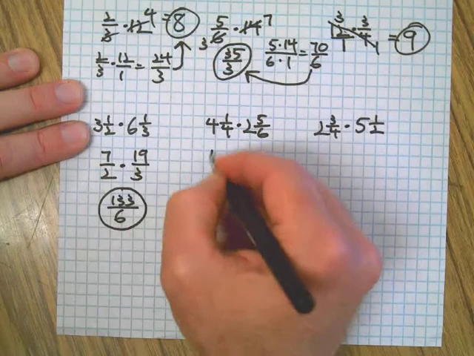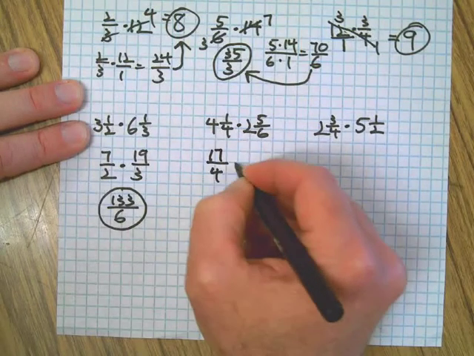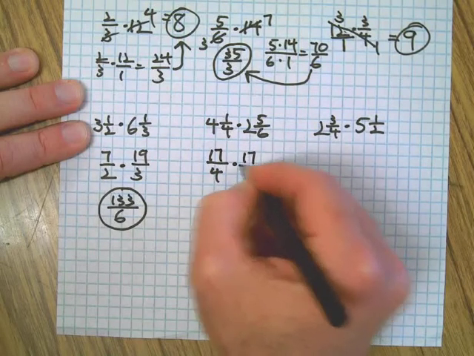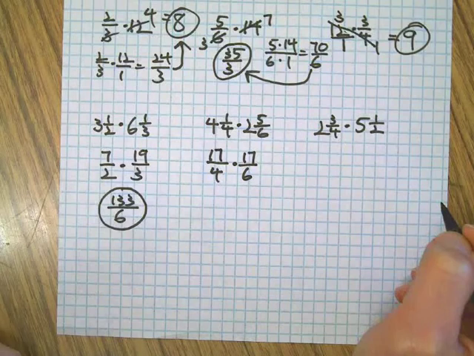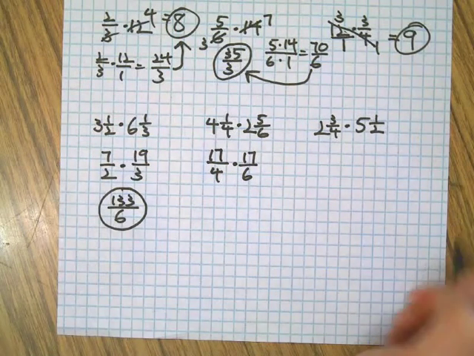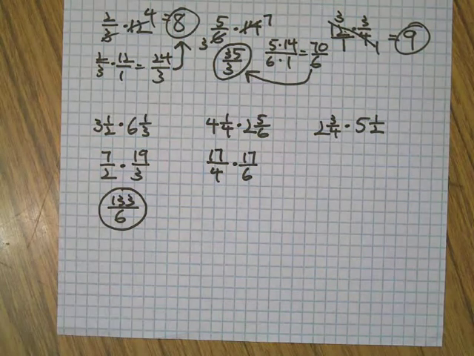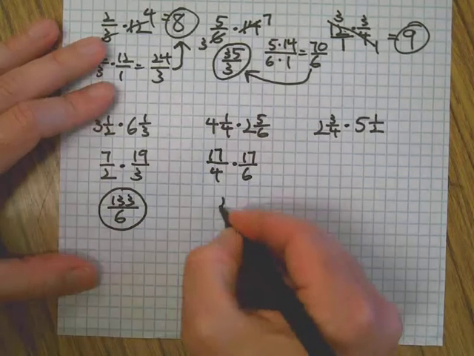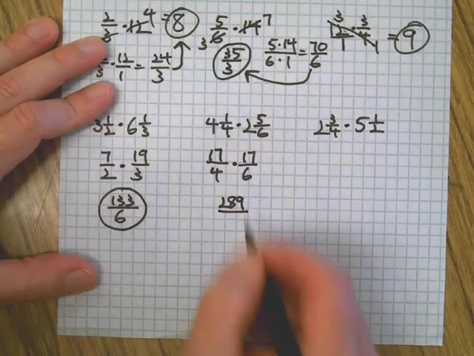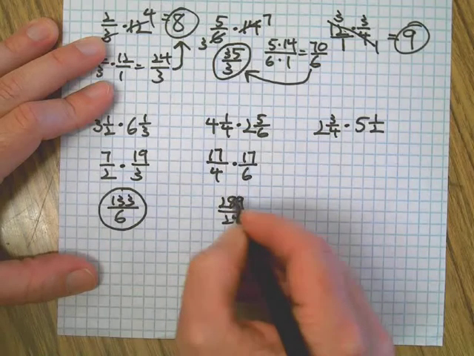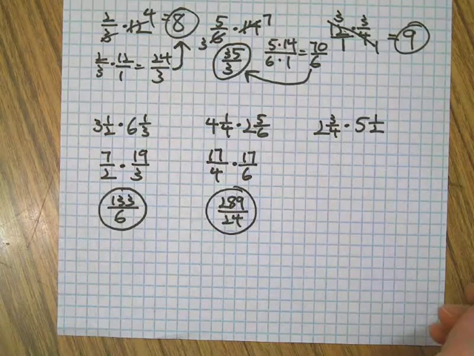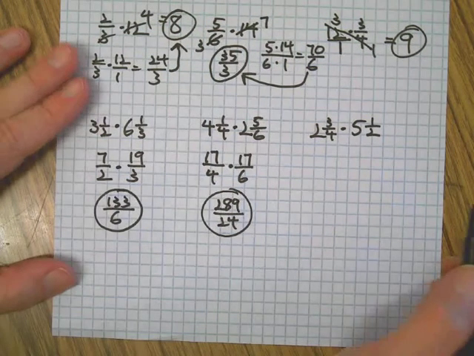4 times 4 is 16, plus 1 is 17 on top of 4. 6 times 2 is 12, plus 5 is 17 on top of 6. We don't like those 17s because they prevent us from simplifying, but I'm pretty sure that 17 squared is 289. And I know for a fact that 6 times 4 is 24. Once again, I don't know if we can simplify that, and I'm not going to stop and find out right